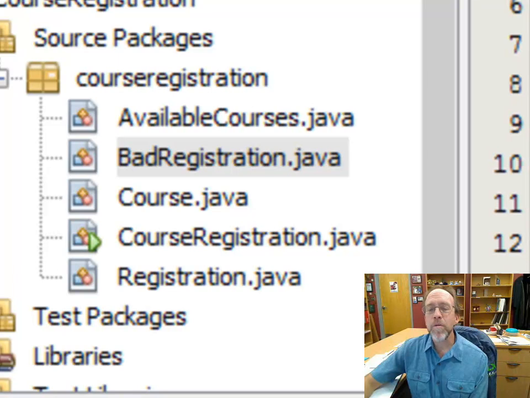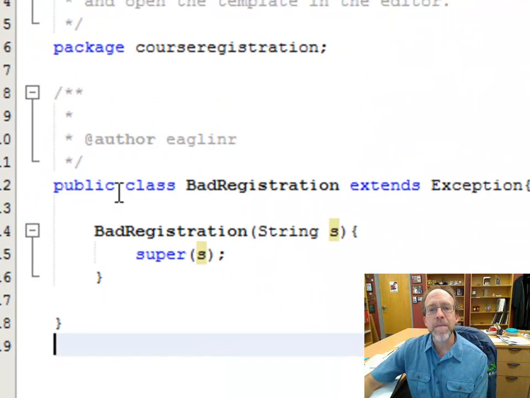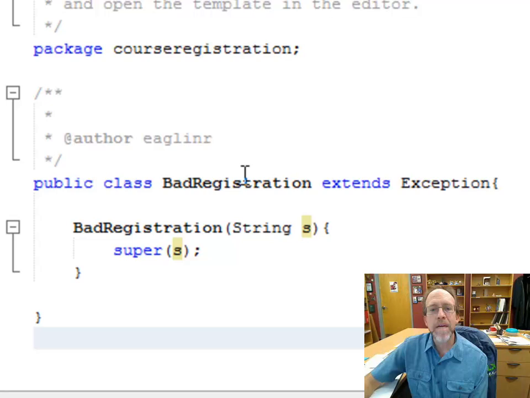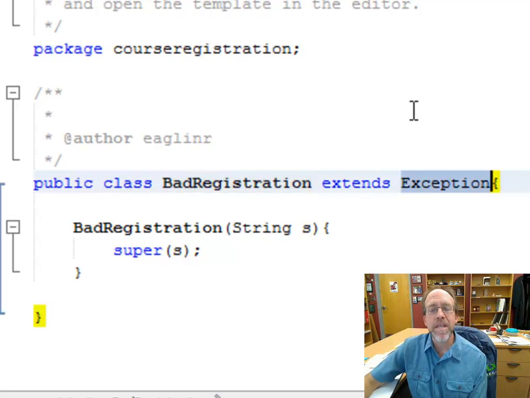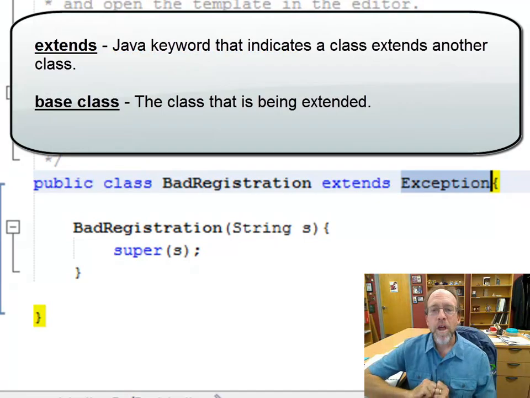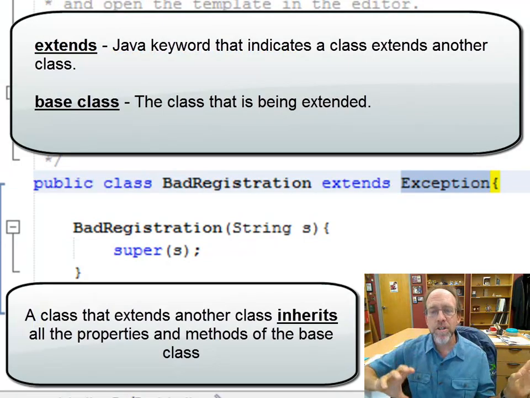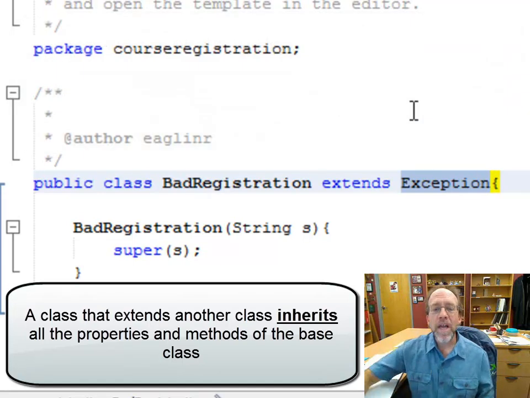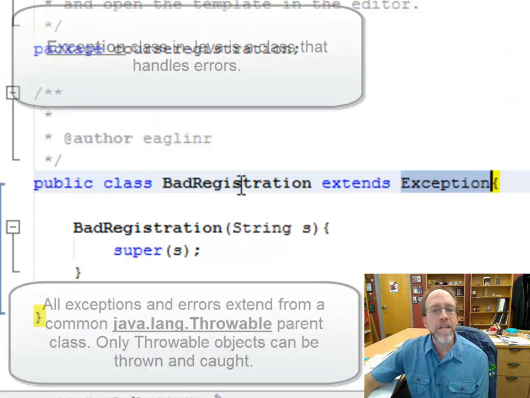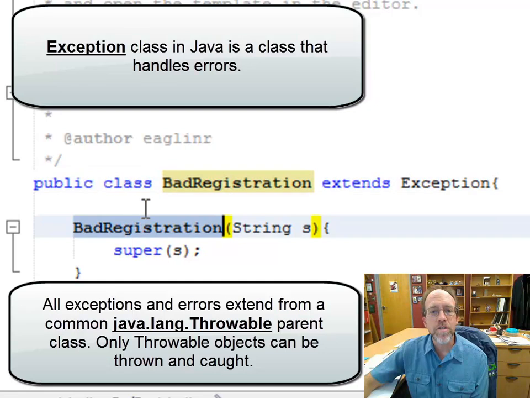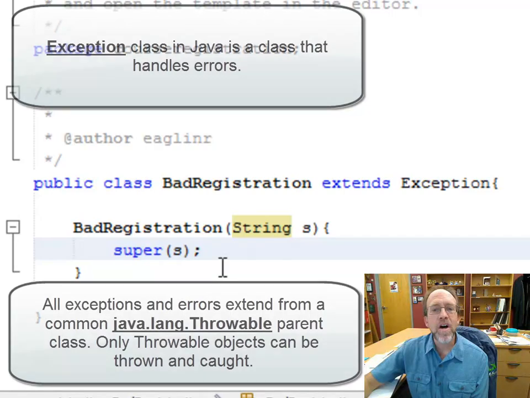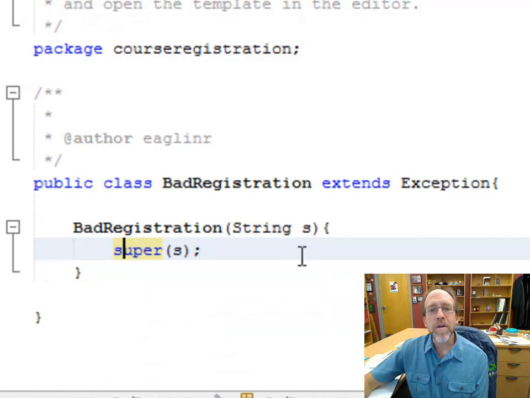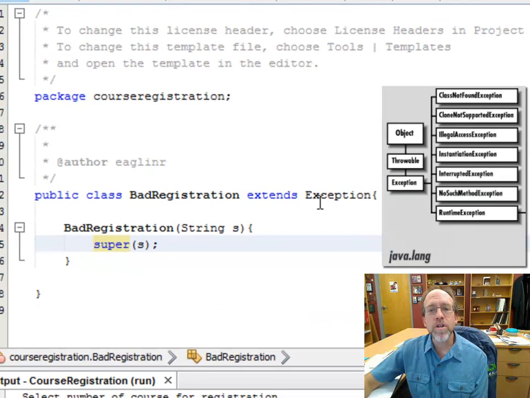This is going to be a custom exception, and what I mean by that is it simply extends Exception. So public class BadRegistration extends Exception, and Exception is something that you can throw, saying, oh my gosh, an error has occurred, or actually there's a whole lot of them built in. All I have to do in BadRegistration is create a constructor, same name, that is passed a string,